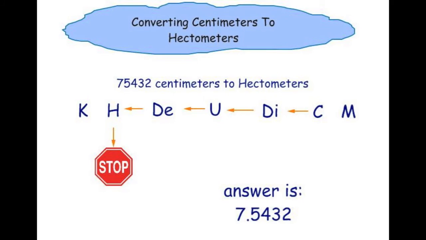But remember, the direction you move the decimal is the same way you will move on the acronym. So we will be moving the decimal to the left 4 times. Since there are numbers already, we do not need to put any zeros. So the answer we get is 7.5432 hectometers in